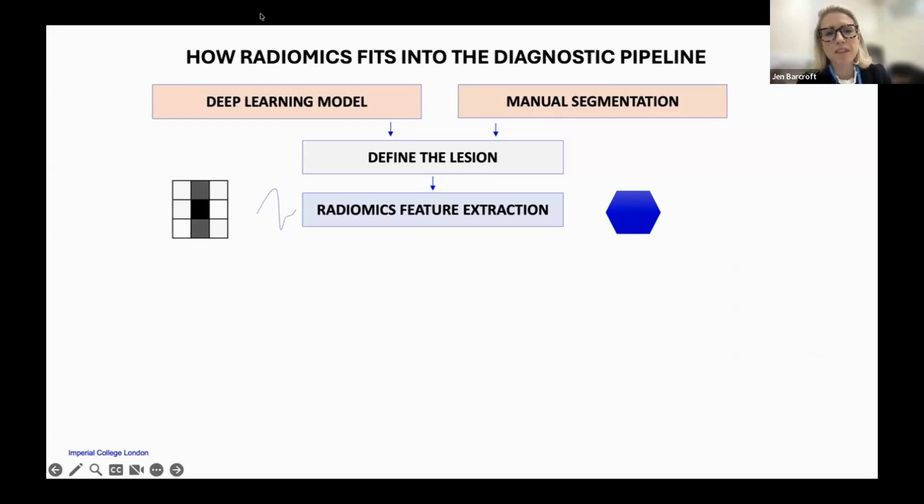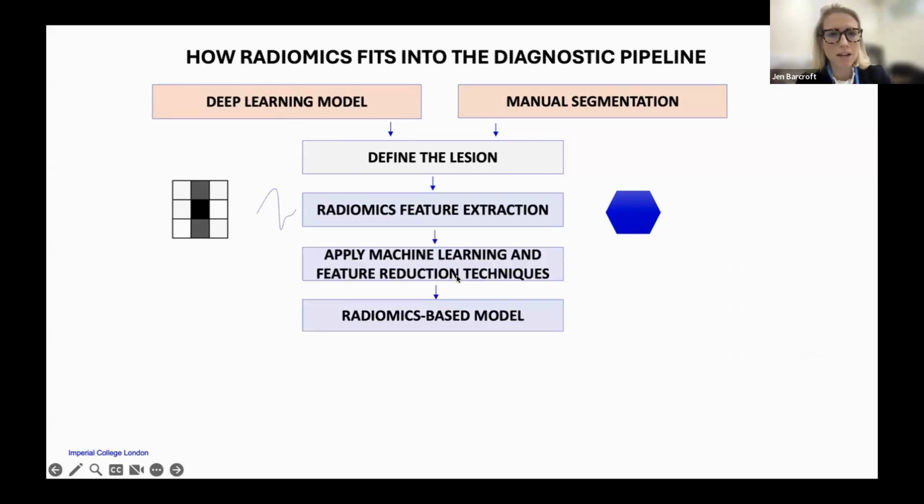Thanks, Chris. So, as Chris said, I'm going to talk a little bit about how radiomics fits into the ultrasound diagnostic pipeline. And Chris has talked about the ways that we can define the lesion, and this can either be done manually, which is the gold standard approach for defining where the lesion is within the ovary, or it can be done in an automated strategy using a deep learning model. The purpose of this, when we're talking about a radiomics classification model, is to allow you to extract the radiomics features. Once the features have been extracted, then, as Chris highlighted with the pipeline, it's applying machine learning and feature reduction techniques